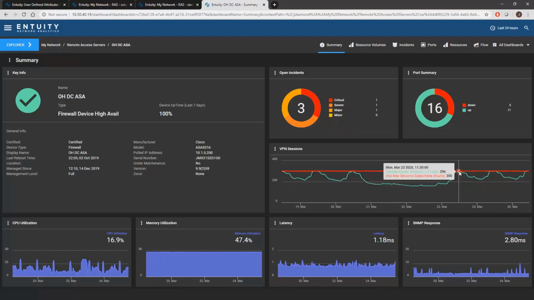So you can see we're hitting the red line. So we know that that device here either needs to have its license extended to increase the number of VPN sessions, or people need to be moved off onto other devices, which is actually what we're doing. We are reallocating people to other devices. So that's the type of monitoring that will allow you to see the limits on your VPN and what it